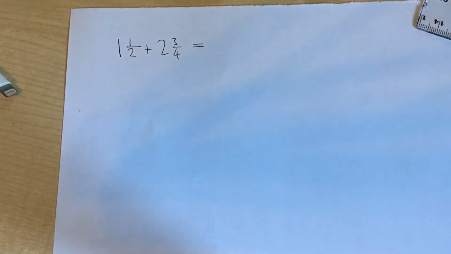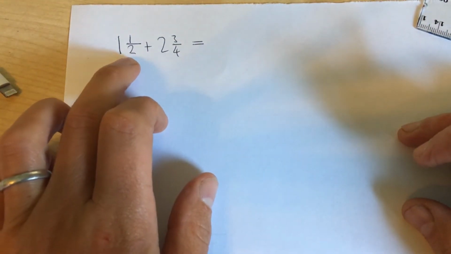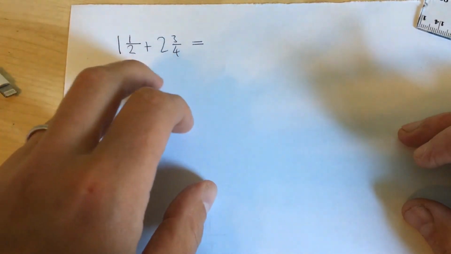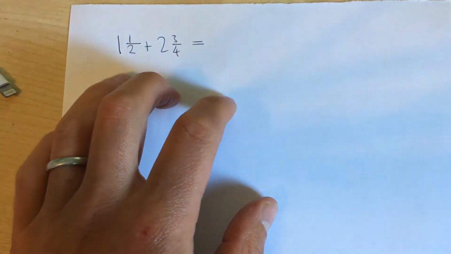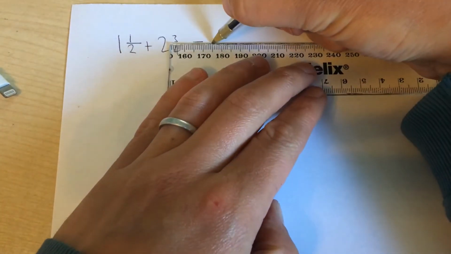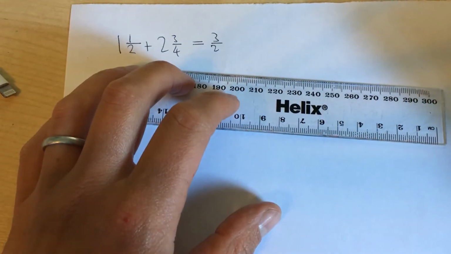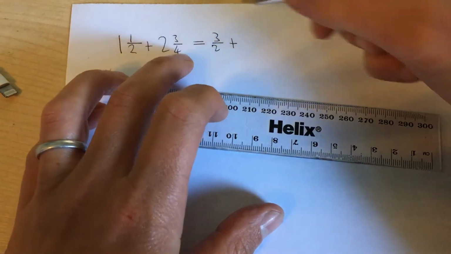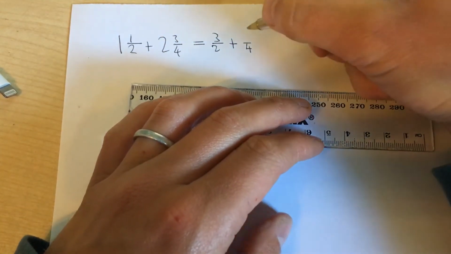Here's a different approach to the same question. Instead of separating the integer and fraction part, I'm going to express the mixed numbers as improper fractions. So 1 1/2, how many halves make up 1 1/2? 1 1/2 is equivalent to 3 halves. And we're going to add 2 3/4. How many quarters is that equivalent to? Well, that is equivalent to